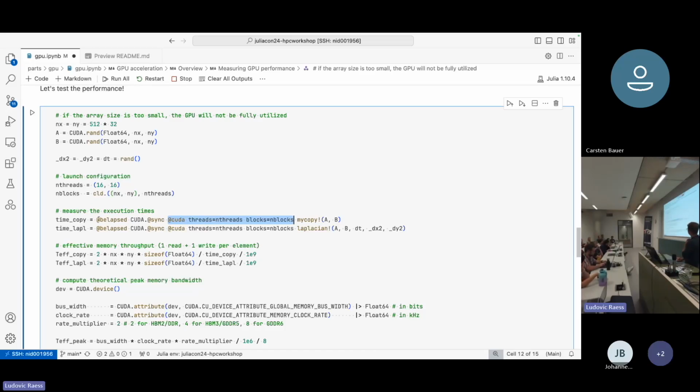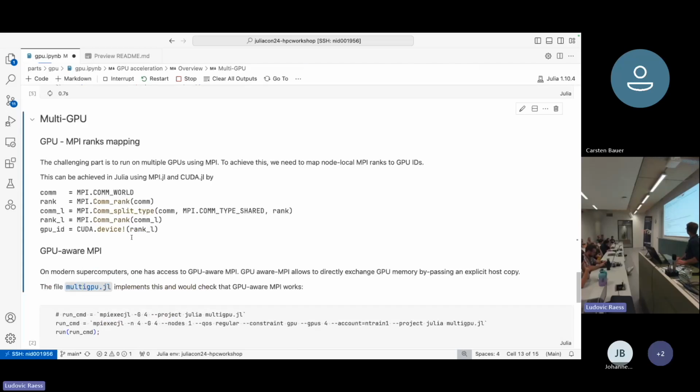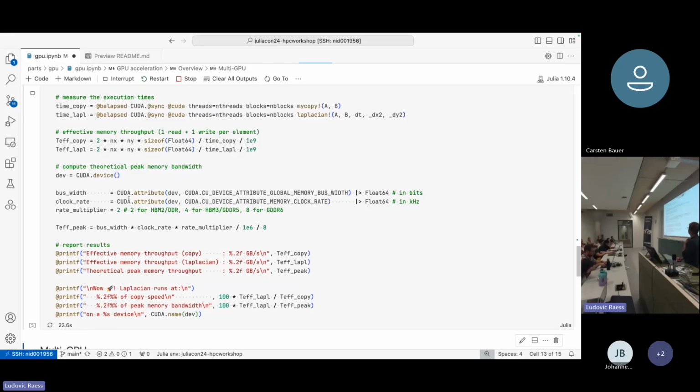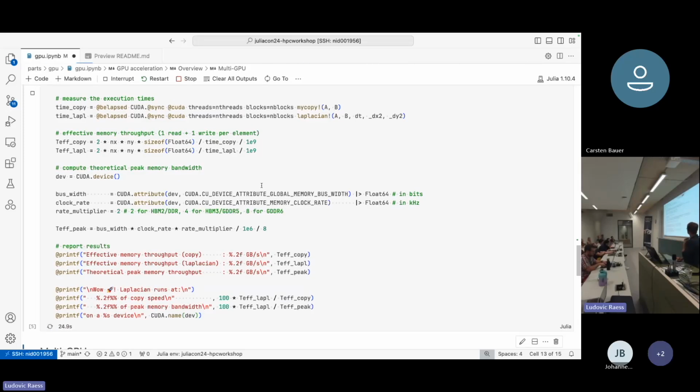Then I can use this elapsed, that's from the benchmark tool, that would run a bunch of times to do the benchmarking, gather statistics, and get the minimum execution time, so the best execution. Then here is the formula for the effective memory throughput for the memory copy and the Laplacian. And then here I just put in, or Ivan put in, something one can use to query